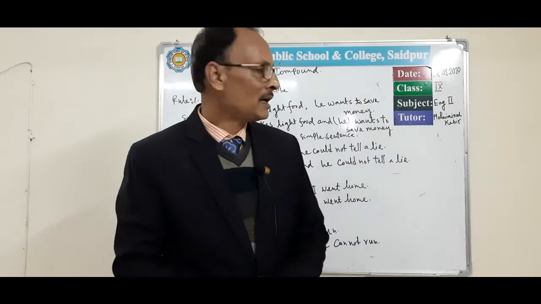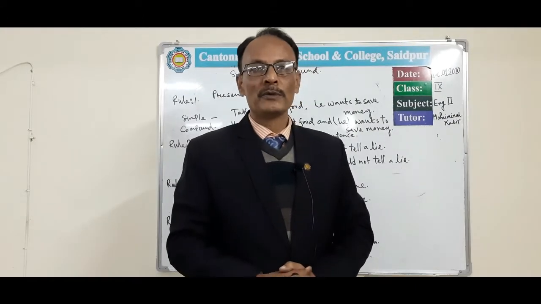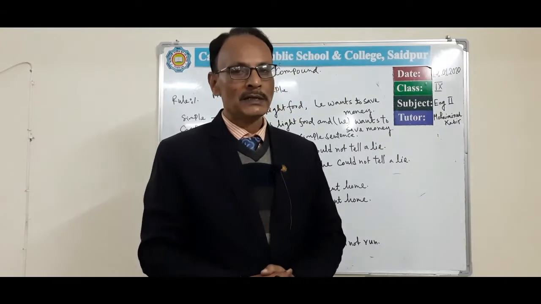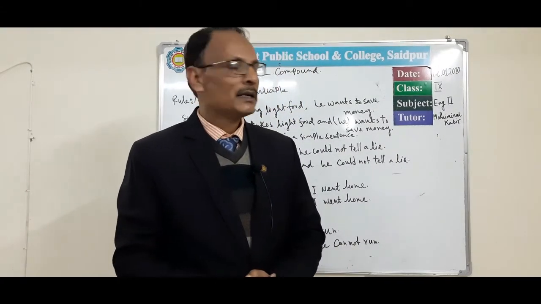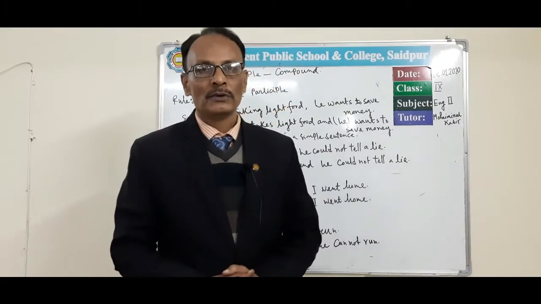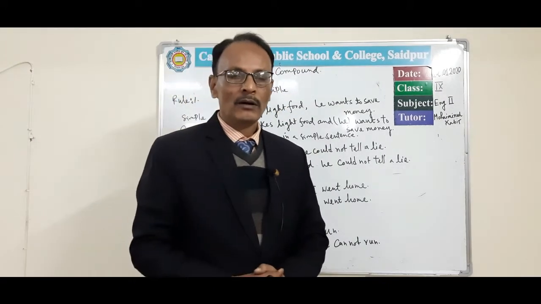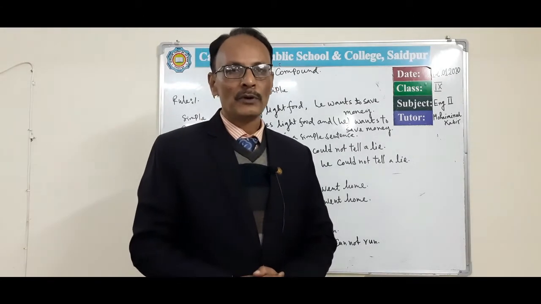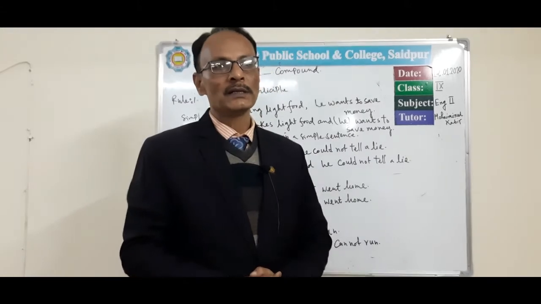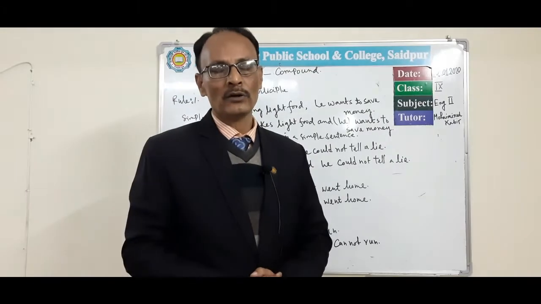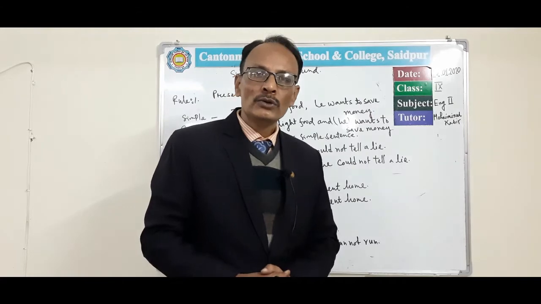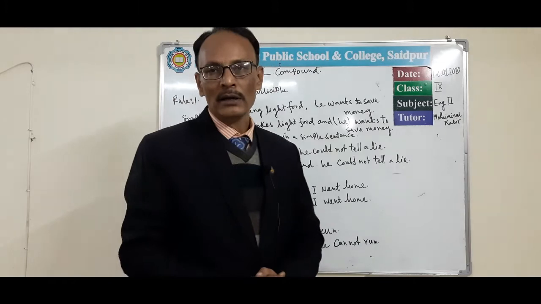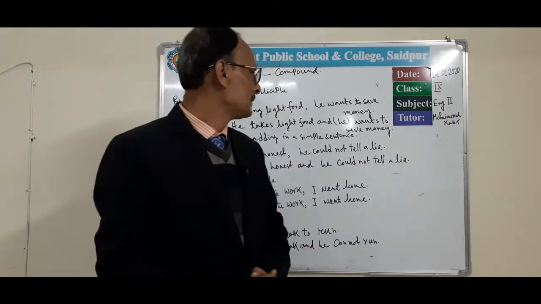In the last class, we discussed transformation of sentences. We transformed simple sentences to complex sentences. Today, we are going to discuss simple form to compound form. We have already learned the characteristics of a compound sentence. A compound sentence contains two independent clauses, and these two clauses are joined by and, or, yet, but, etc.